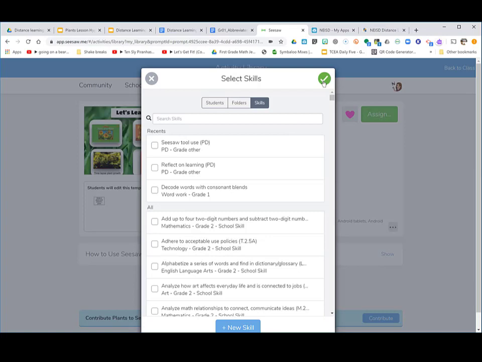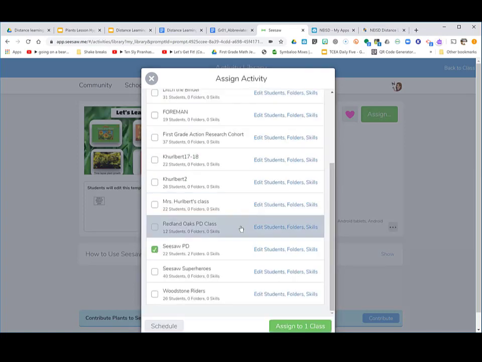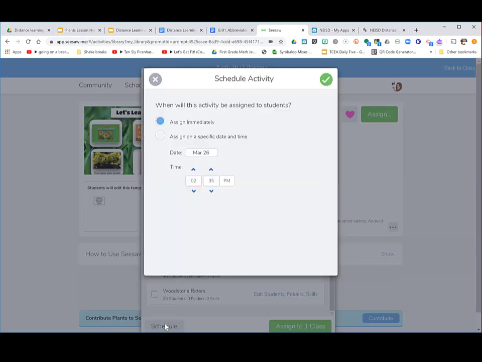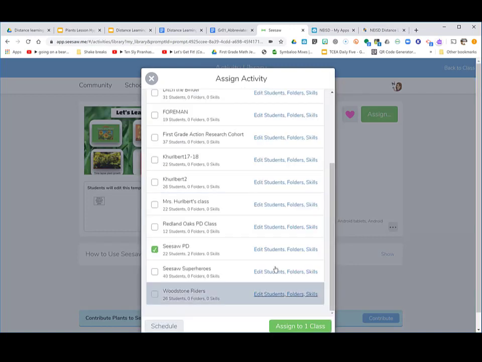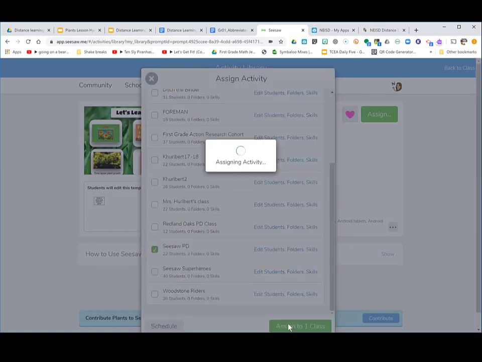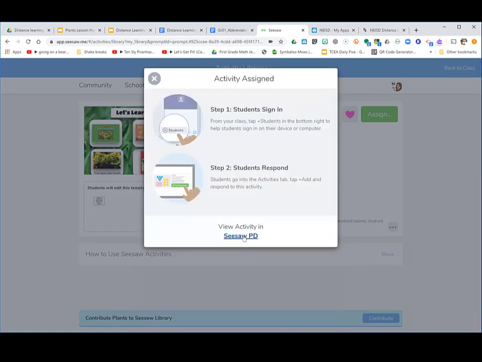So I'm going to click the green check to go back to our assign menu. Down here at the very bottom, I also have the ability to schedule activities. So I can plan my activities for next week, but I can say, don't let this activity show up for the kids until this date at this time. That's an optional feature for you as well. Ready to deliver it to kids, assign to class, and then let's hop over to the class to see what